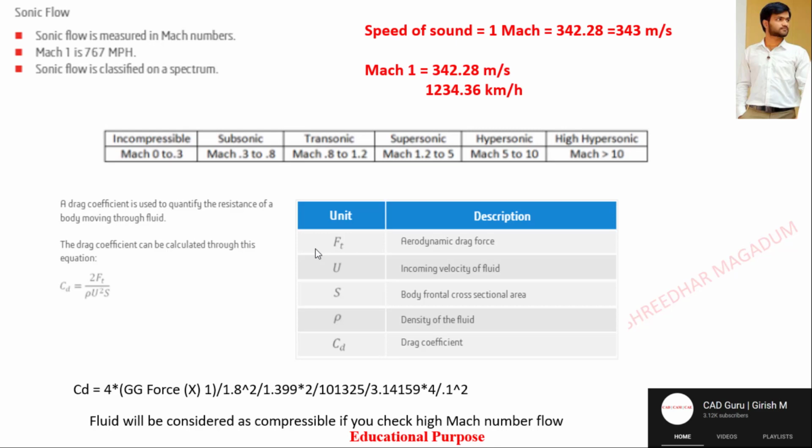You could see here it is the same thing. If I consider F of t, it is aerodynamic drag force, if it is the coefficient of drag calculation. Okay, u is the velocity, you already know, and rho is the density of the fluid, and C is the drag coefficient. Okay, to calculate drag, if I implement the formula CD, which is equal to 4 times GC into drag force, and then velocity square, this formula. Okay,